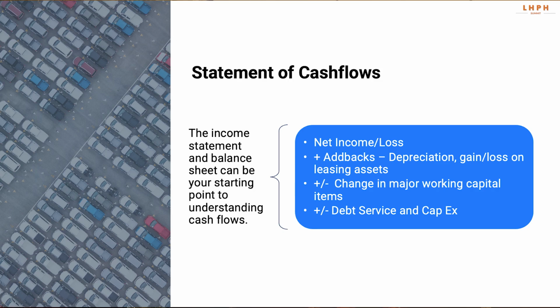So we first identify non-cash expenses or revenues that are sitting in that net income or net loss. Think about the depreciation expense that you have. Think about the gain or loss on leased assets when items are taken to wholesale. Those items need to be adjusted from net income because those are non-cash items. In addition, we need to adjust for the working capital items that we talked about before. We talked about those current assets and liabilities and how they represent working capital and how those things turn into cash over time. And so those really represent accrual adjustments that need to be backed out or added to our net income or net loss to get back to a cash number.